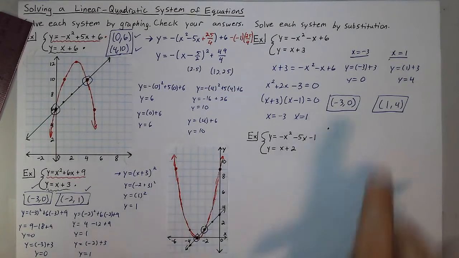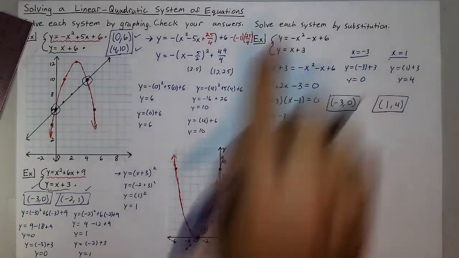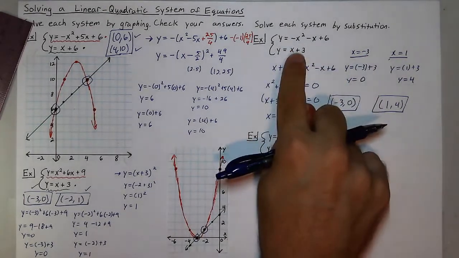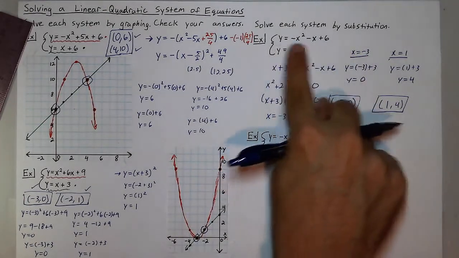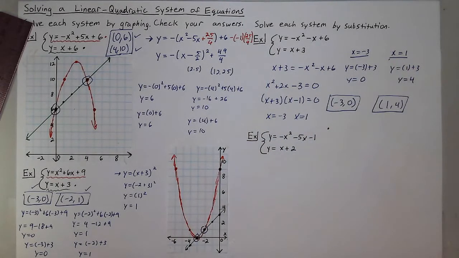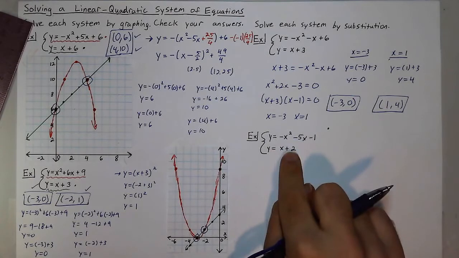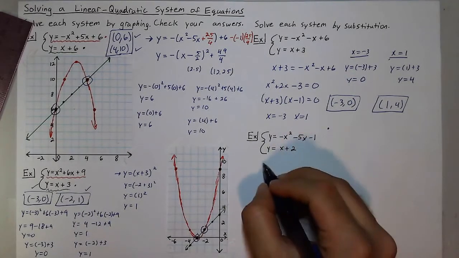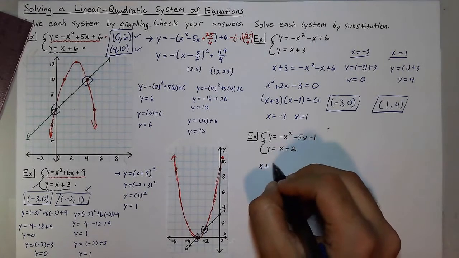And if you wanted to double check, you could plug these into both equations just to make sure they're correct. And since we plugged the negative 3 into the second equation, you would want to plug negative 3 into the first equation as well to see if it's right. Same with x is equal to 1. Now for this last example, the setup is the same. So again, y is equal to x plus 2. So we can rewrite the first equation as x plus 2 is equal